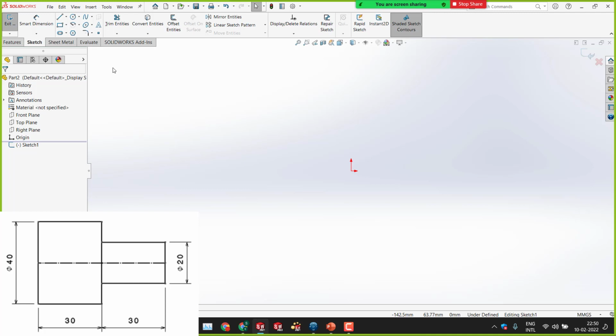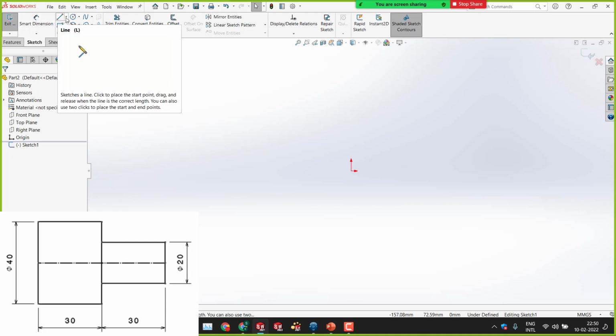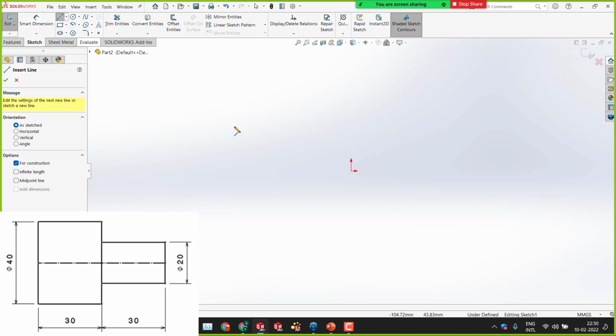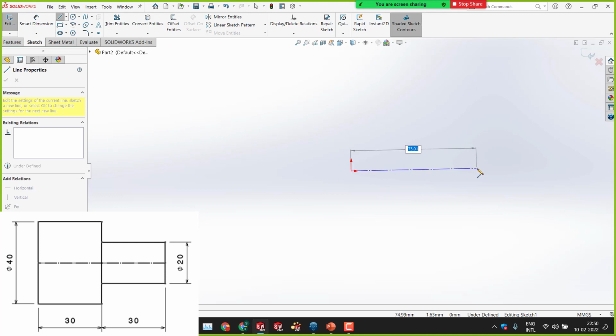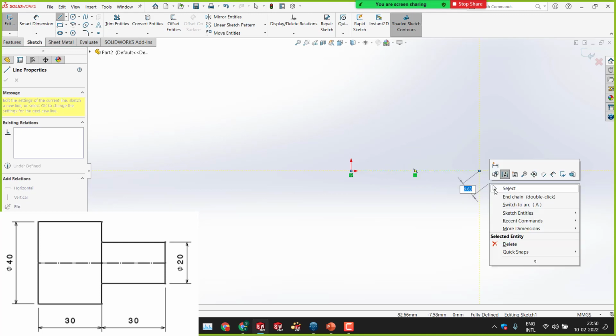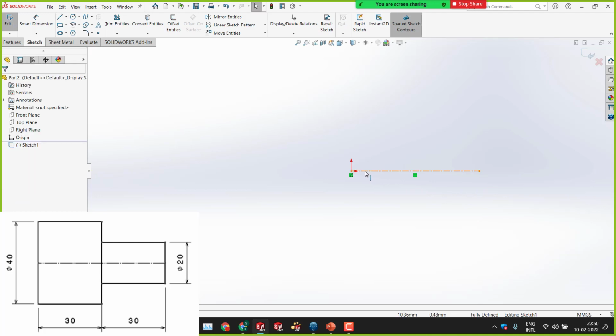Can you see in the exercise 1? He has drawn a center line, right? Yes, center line. You need to select the center line from the line drop down. You'll have this one, center line. You draw the center line like this. So once the center line is done, come out of this and draw the rough sketch of this one, how it is looking.